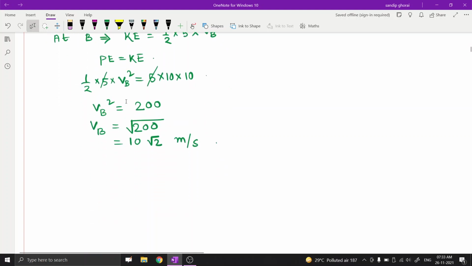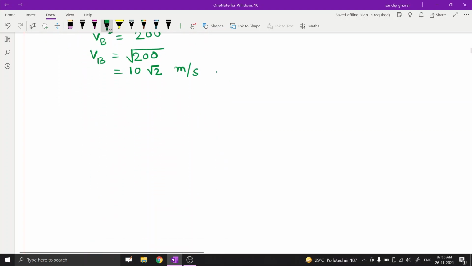Now we move to our next question, that is question number 6. In this question, if we take a ball having mass, suppose its mass is simply 5 kg again, and a force is applied. That force is suppose 15 Newton. So 15 Newton force is applied to the body, and the body gets a velocity. That velocity is equal to suppose 5 meter per second. Then what is its power?